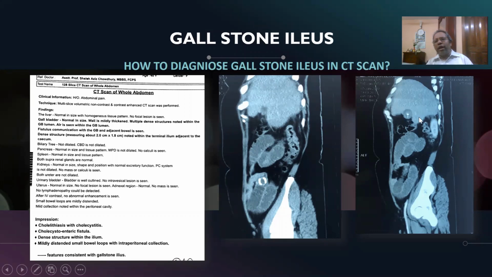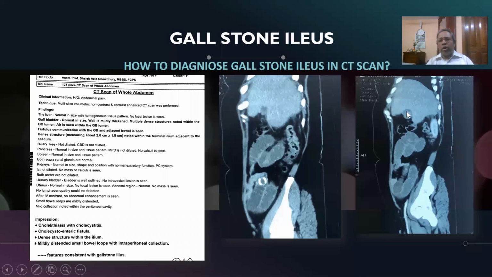So this is the gallbladder. There is a stone, and this is the intestine lumen where there is a stone, and the gallbladder. The information can easily be read there. The gallbladder is normal in size, the wall is mildly thickened, with multiple dense structures within the gallbladder lumen. Air is seen in the gallbladder lumen. It is a very important thing. Whenever there is a stone and in the intestine there is a calcified shadow,